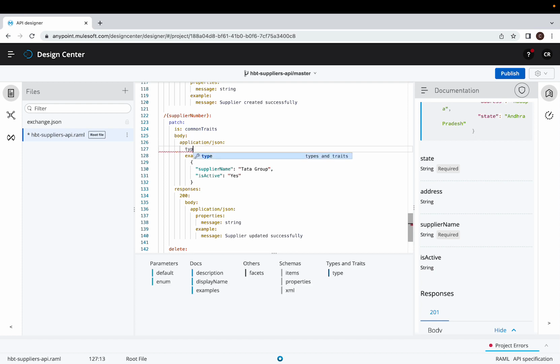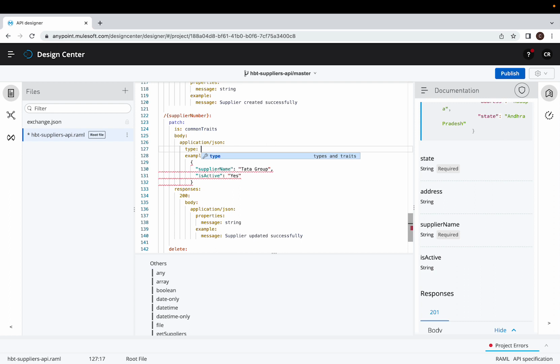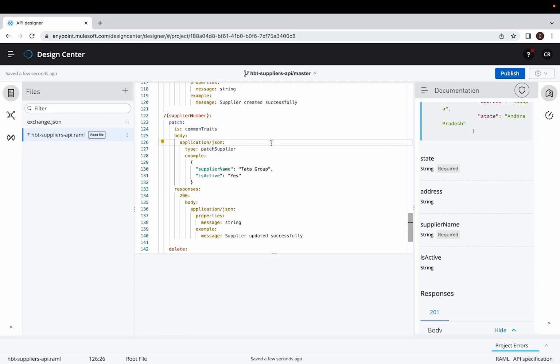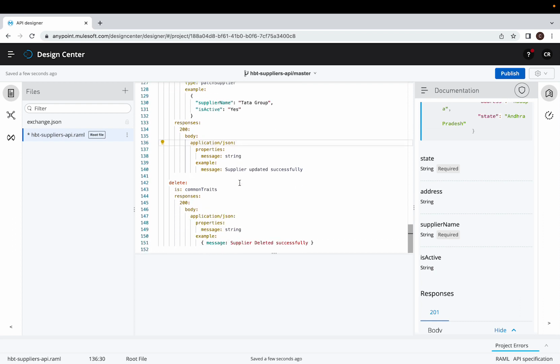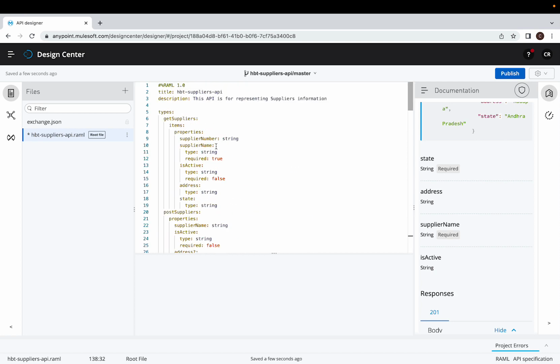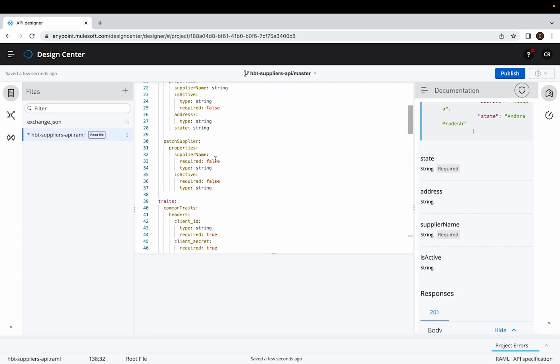And here I am going to add a type. Our type name is patch supplier. And if we observe, we have a response body also, and it is having examples. So first I am going to remove this property from here, and I am going to add a type for these particular properties. So our property name for this will be